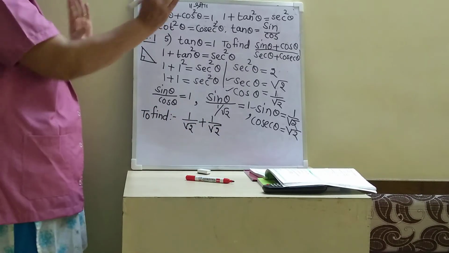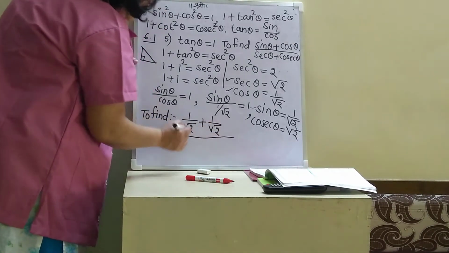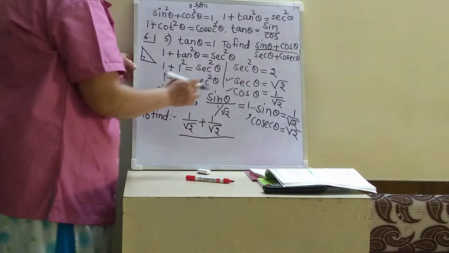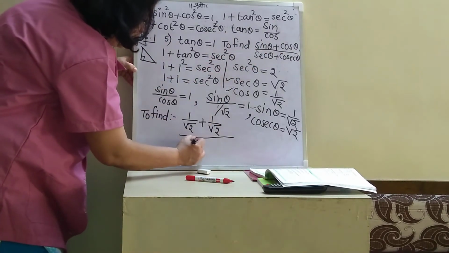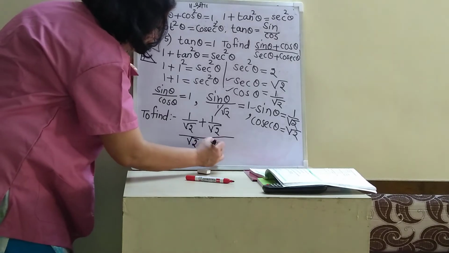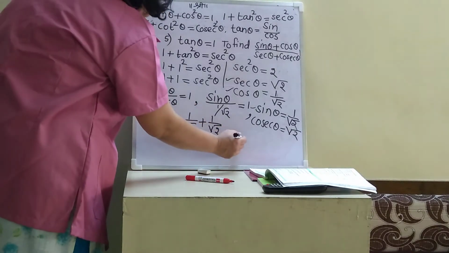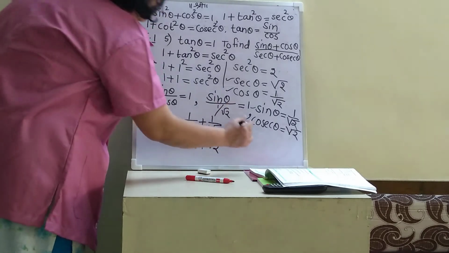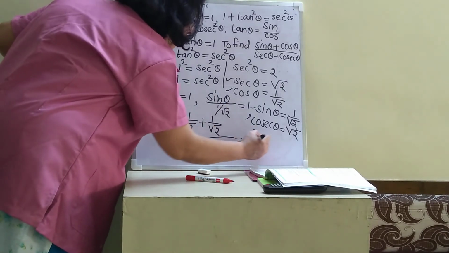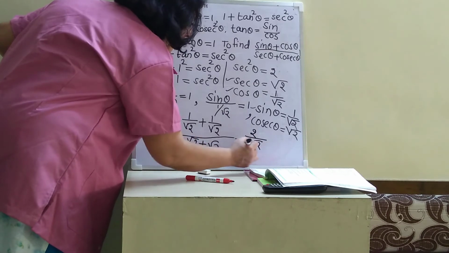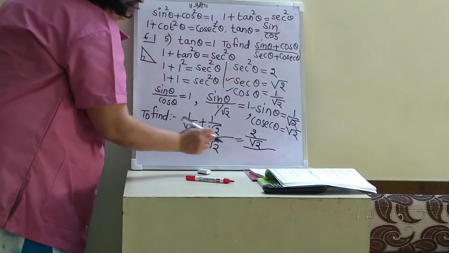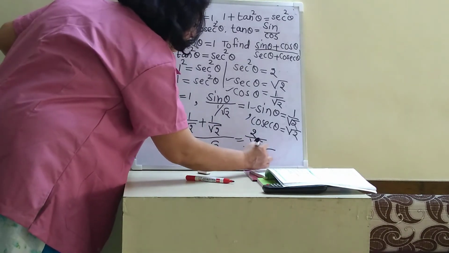एनी डाउट? खाली प्लस लिखा है और नीचे क्या आएगा? सेक थीटा कोसेक थीटा, तो √2 प्लस √2 वैल्यू डाले. What is happening up now? That is the denominator is same, so you can write it as a 2 upon √2. और नीचे क्या लिखोगे? 1 √2 plus 1 more √2, 2 √2.